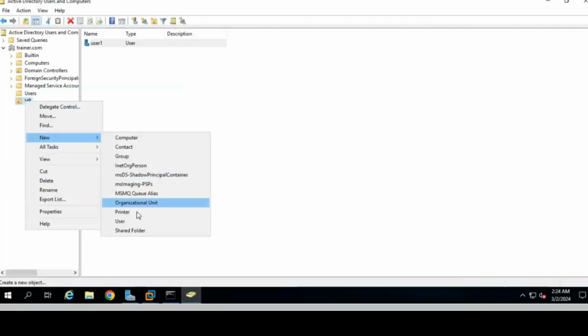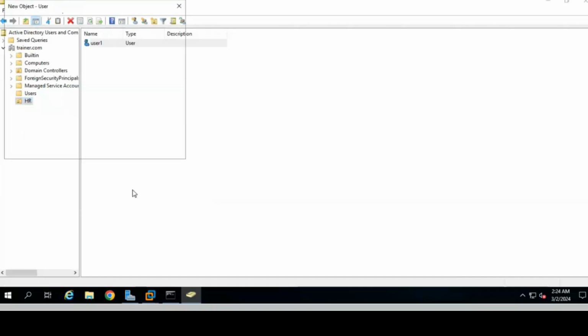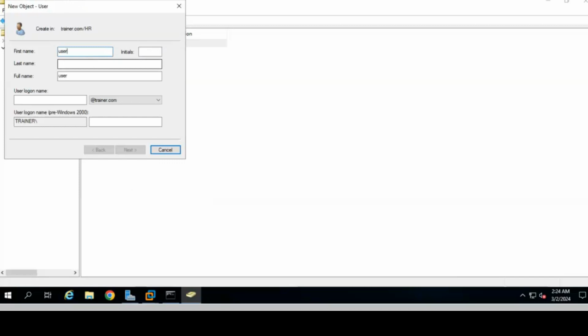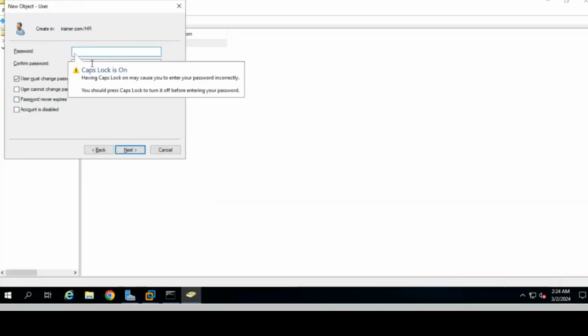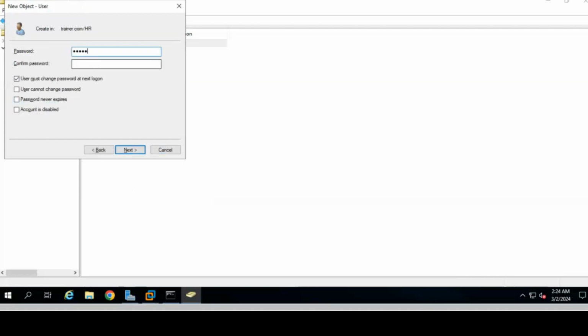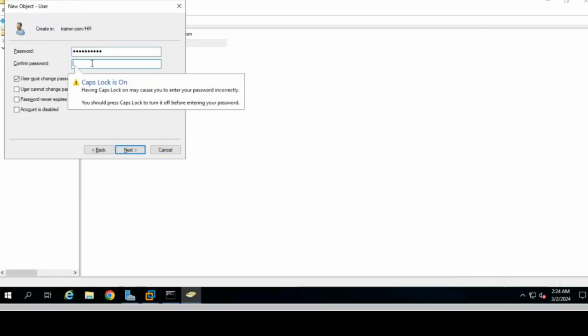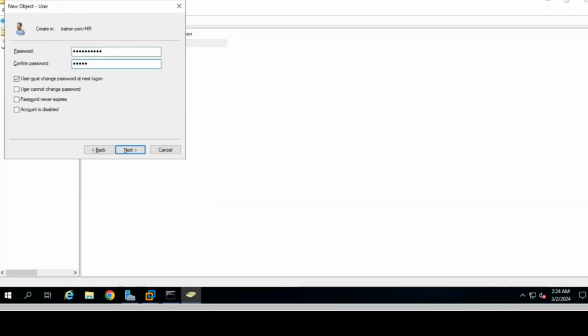I will create one more user also. New and User. Next is user 2, and in the user logon name, user 2. Next, then give the password, cloud at the rate 123 and dollar, and confirm the password.